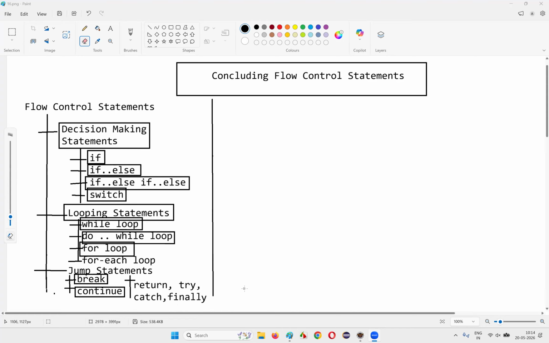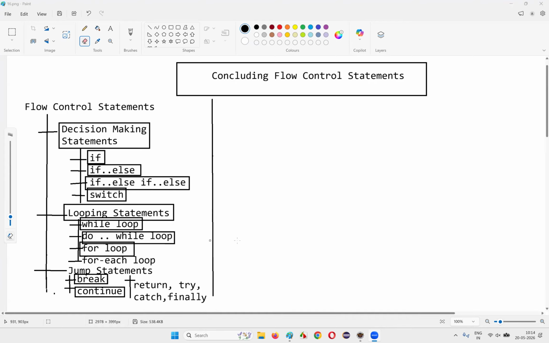For now, you have to ignore it. And coming to the try, catch, and finally statements, these three statements can be covered with the exception handling mechanism topic, which I'll be covering in the upcoming sessions. Till that topic comes, we have to ignore them.